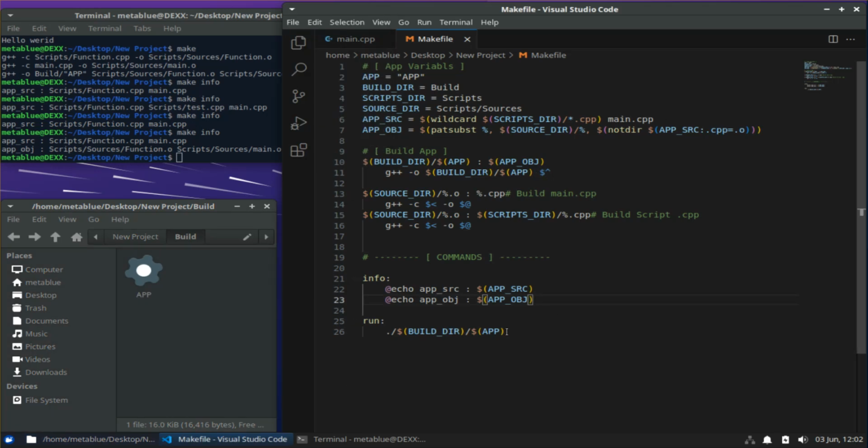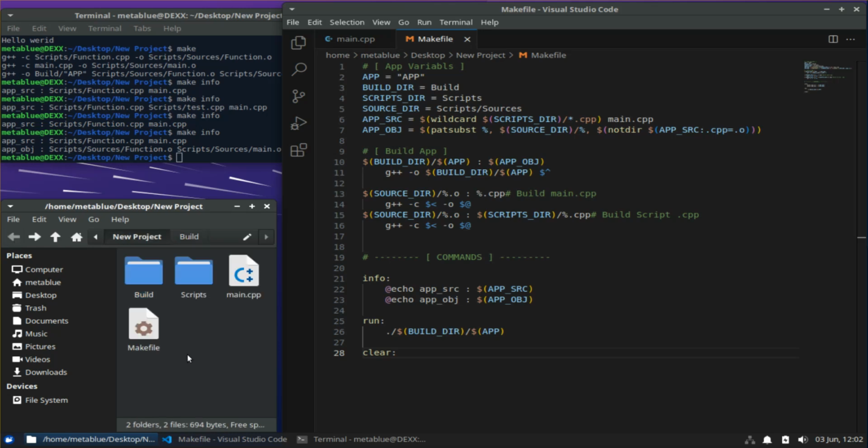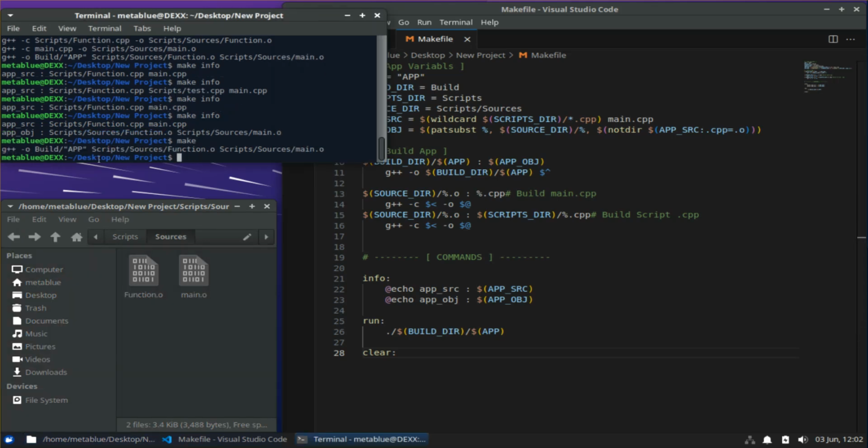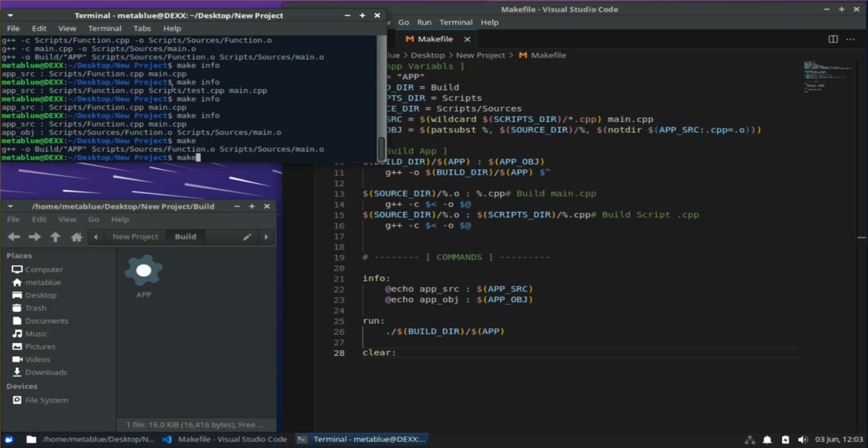And besides calling the run, now there is something else I like to do. I like to have a clear, because if you've been watching, when I show you this, I have to completely delete that, and you know there's these sources, similar to how we go to our build and we've built it and we type in make and it says